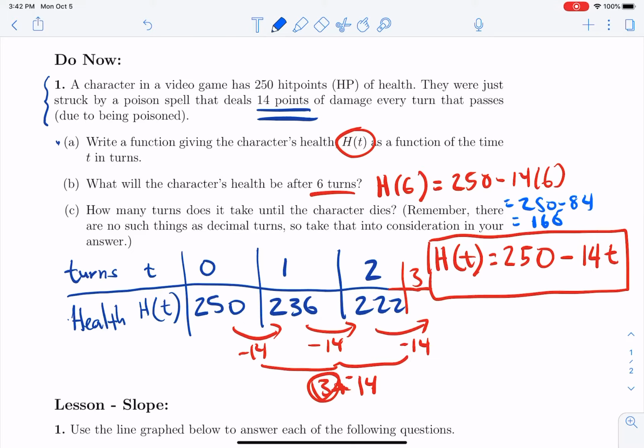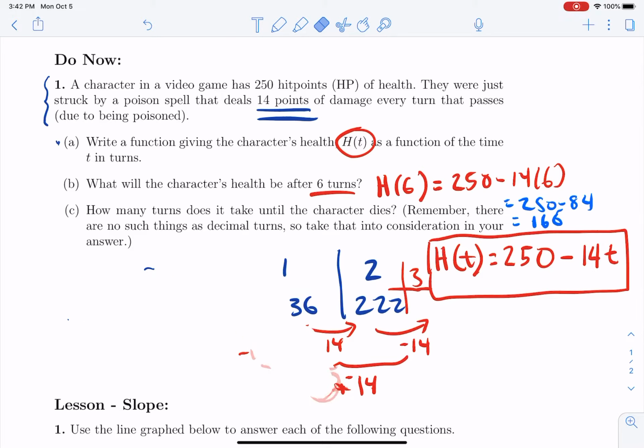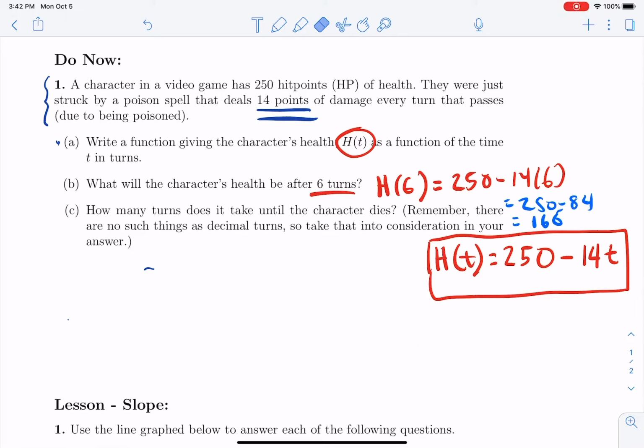All right, so I'm actually going to erase what I have here, just so I have some space for part C. Just draw an arrow. This goes to part A. All right, how many turns does it take until the character dies? Ooh. Okay, remember there are no such thing as decimal turns, so take that into consideration in your answer. All right, so a character dies when they have 0 health left, or health points. What we're interested in is, when does 0 equal 250 minus